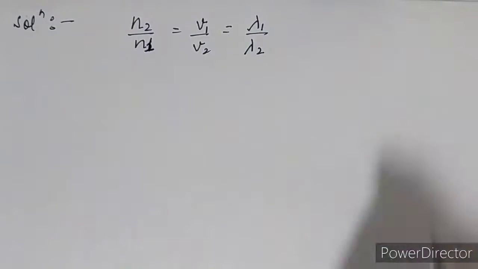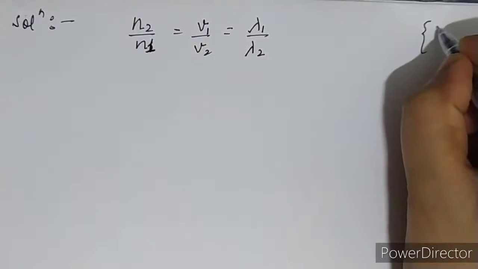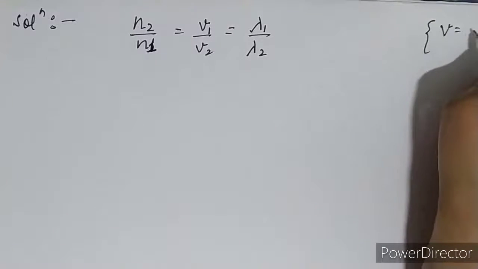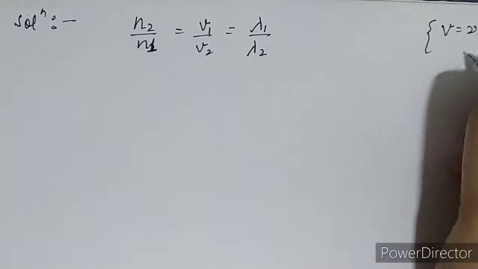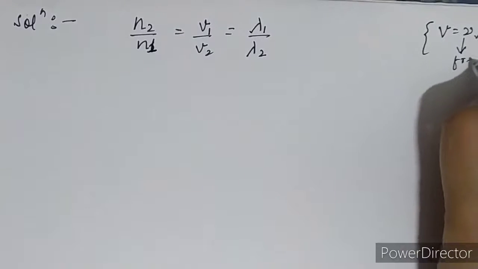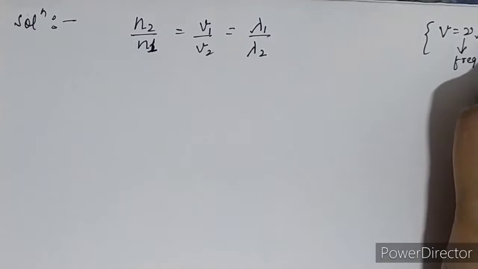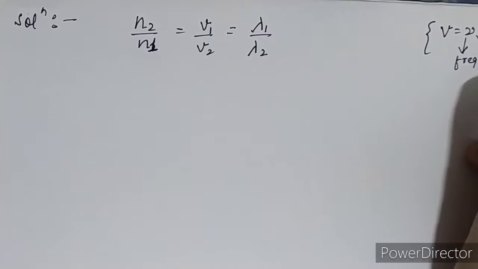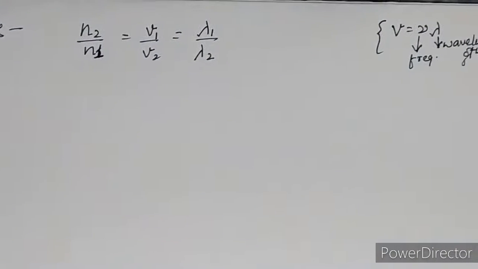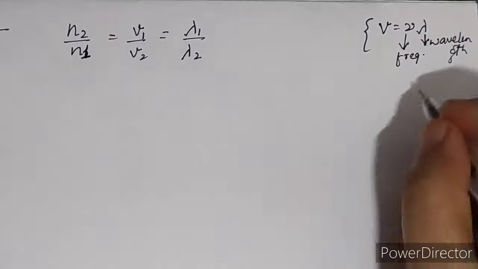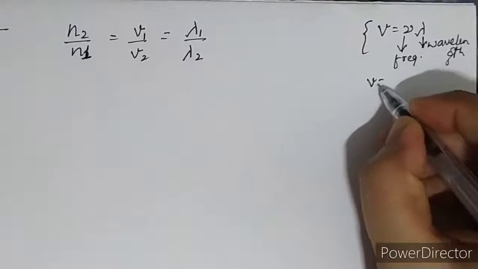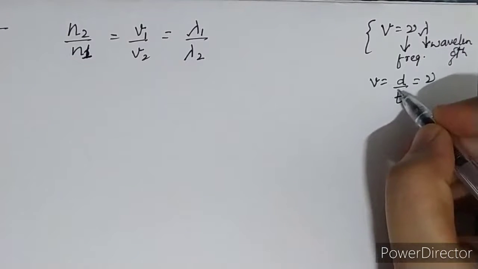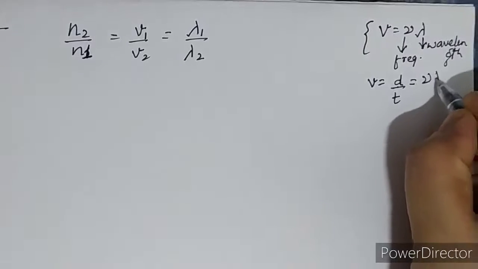And how I have identified this relation, beta, you know: velocity is equal to displacement upon time, means velocity is equal to nu lambda. This nu is the frequency, and this one is the wavelength. And how has this formula been developed, beta? Because we have studied velocity is equal to displacement upon time. Now 1 upon time is your frequency, that is nu, and here the light ray is coming, so its displacement should be in the lambda form.